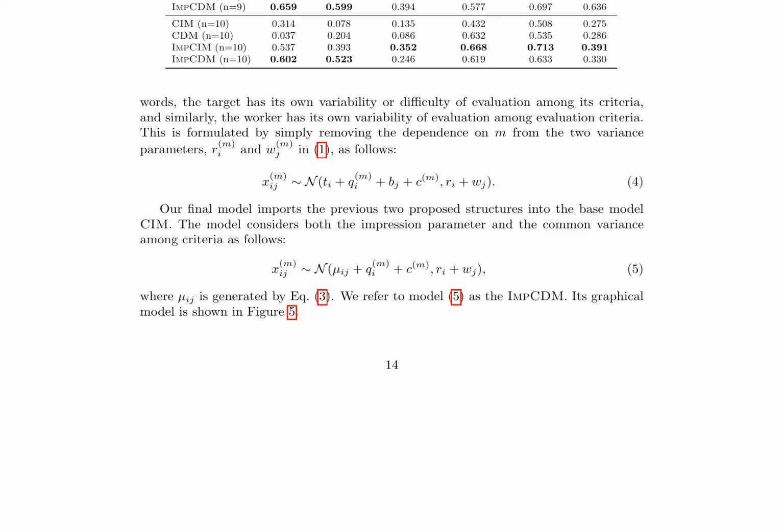This underscores the importance of considering both the impression parameter and common variance among criteria for accurate review evaluation. The IMP-CDM model's superior performance suggests that it is better equipped to handle complex review data and provide more accurate